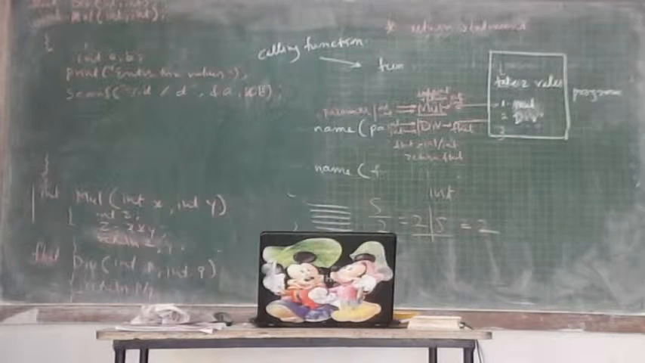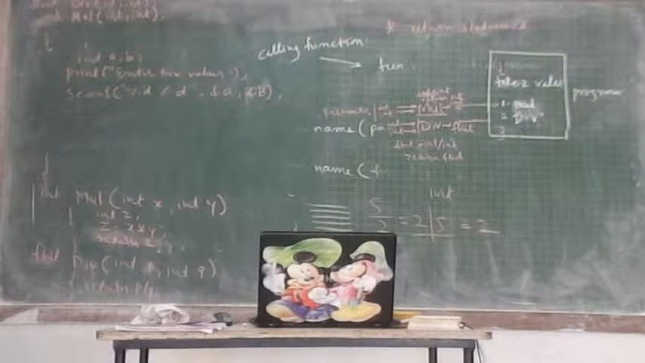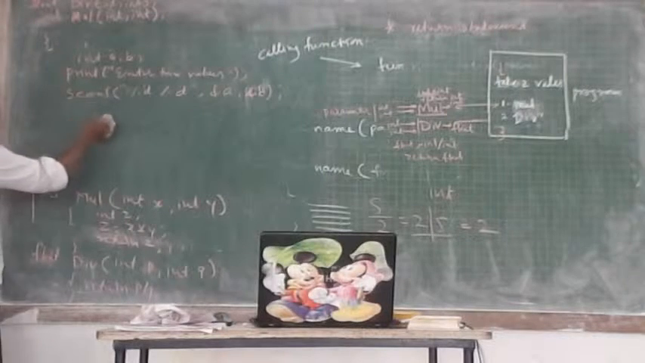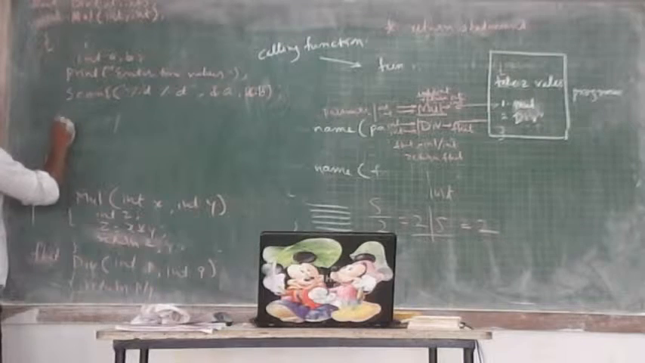What is left? What to do next? We declare the function, we define the function. What to do next? Call the function. So what will I do? I print